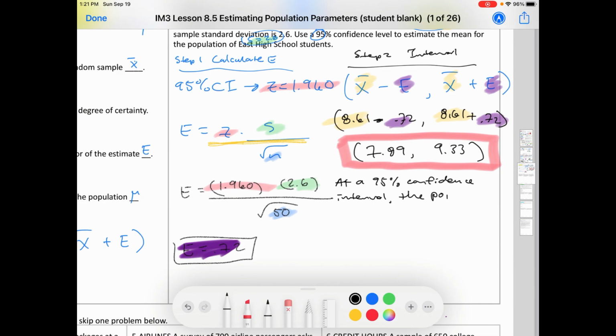Now we're using this to estimate what the population mean is. 7.89 from above. And population mean is this score. So now I'm just using an inequality here to represent my range. Therefore, we are how confident? 95% confident